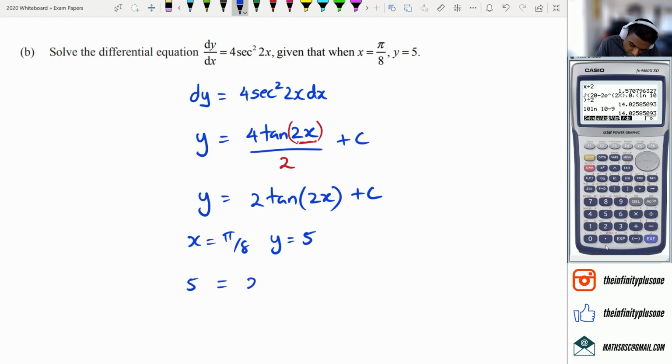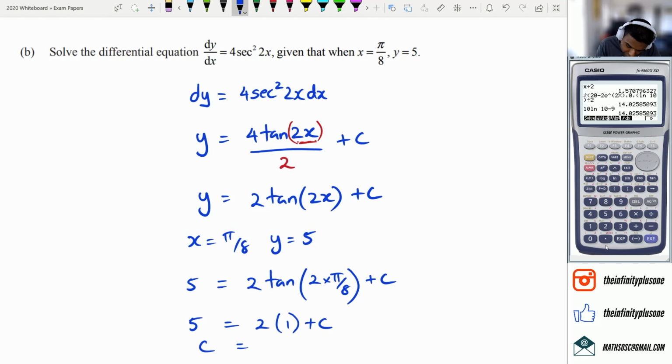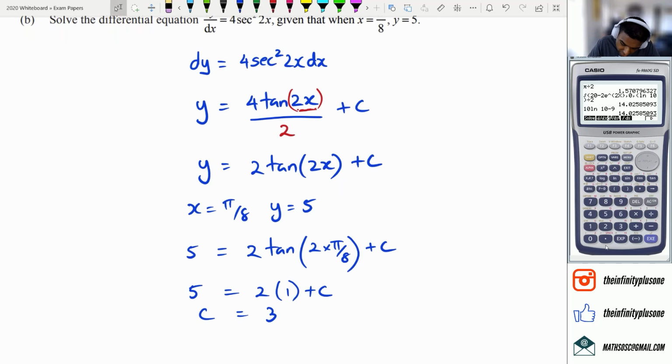So we've got 5 is equal to 2 tan 2 times pi over 8 plus c. Now tan of pi over 4 is equal to 1. So we're going to get 5 is equal to 2 times 1 plus c. So we can see that c is equal to 3. All right, but we want to actually write the equation. So our equation is going to be y is equal to 2 tan 2x plus 3. And that gets you an achieved for this